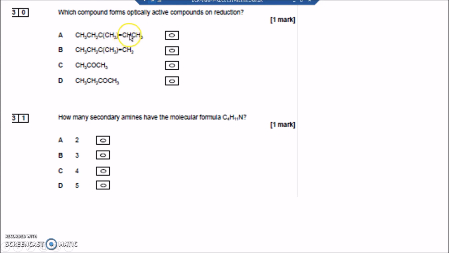This one would be CH2CH3. Oh, on this side there'd be CH2CH3. So that carbon would have a methyl group, a CH3, an H, a CH2CH3 and a CH2CH3. It's got 2 groups the same. It's not A. B. If you added hydrogen across this double bond, then this carbon could potentially be a chiral